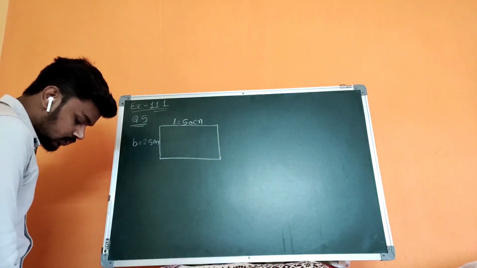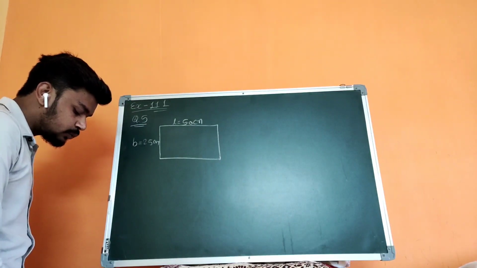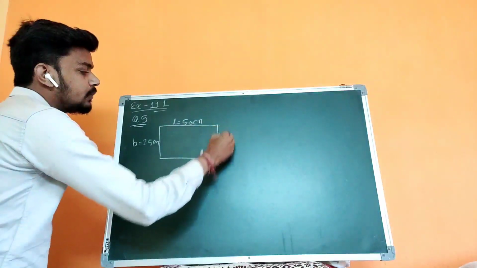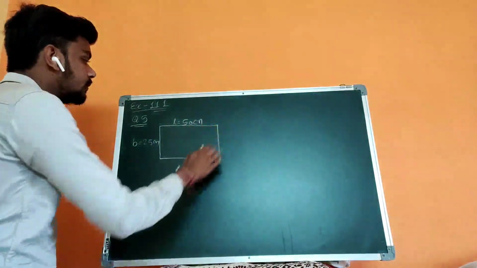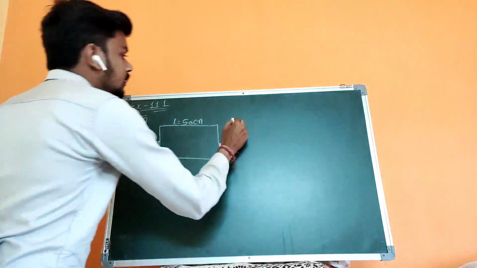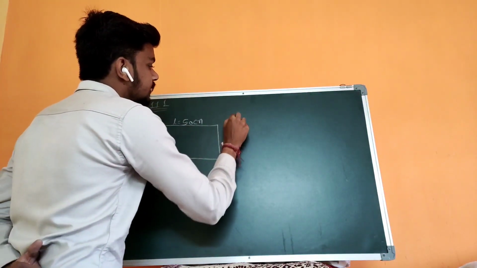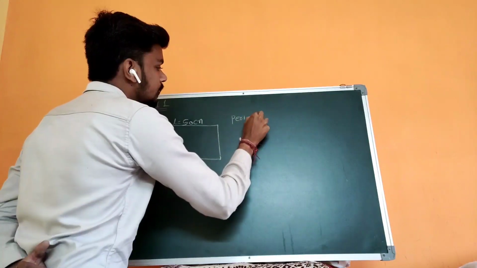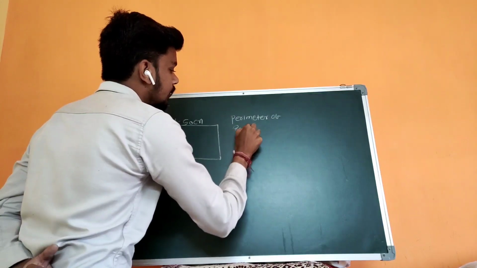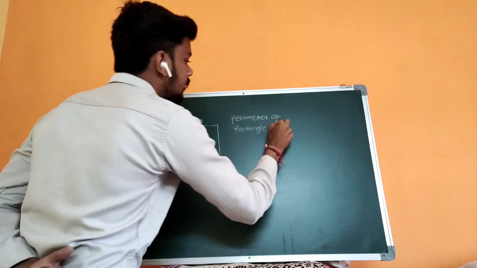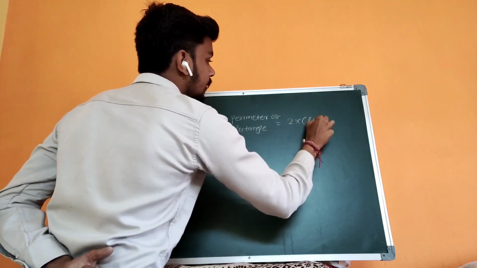Right? So the question they ask is, how much lace will she need to put around it? So here she will put the lace, right? How much will she need? So it will be the perimeter of that, and the shape of that object is a rectangle. So we'll find the perimeter of the rectangle, right? So that is equal to 2 multiplied by L plus B.